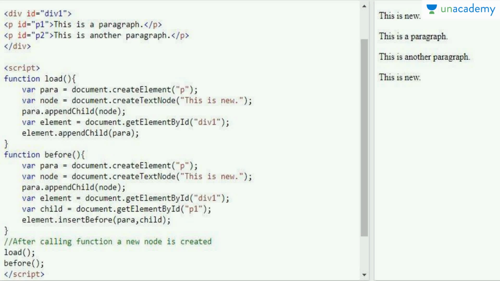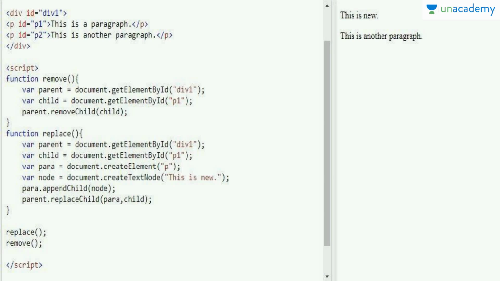But after that I called the before function. Now the before function adds the topmost this is new text, or this is new paragraph, so that we can add that thing before all the paragraphs, or before all the elements that are present in the particular block. So you can also give the exact location or position, and you can use that too. So I hope it's something clear.